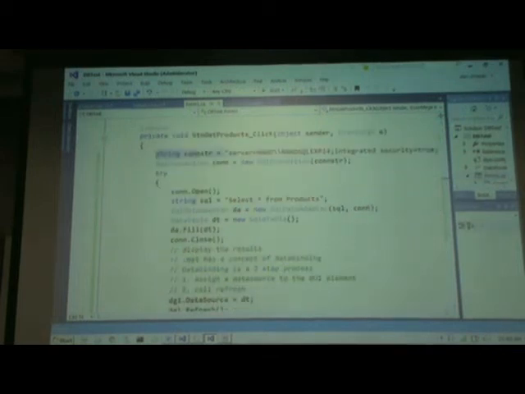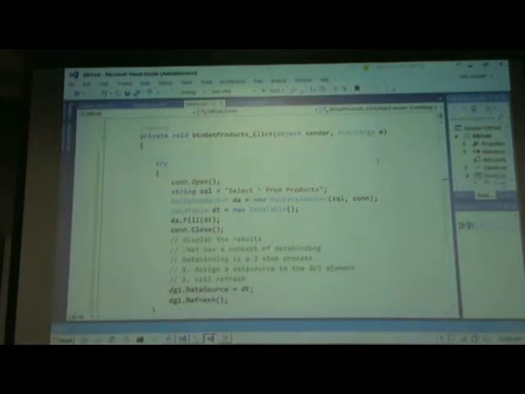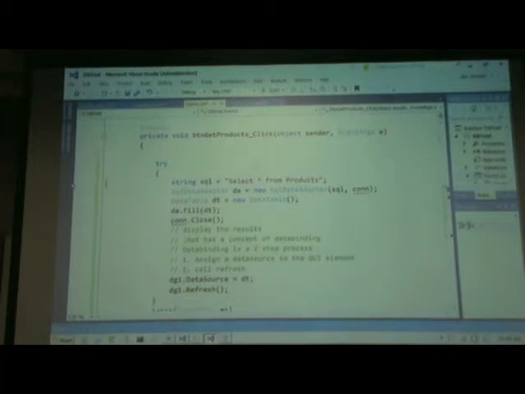Do we have to worry about creating the connection or anything? No. All of this disappears. So let me delete that. Do we have to worry about opening the connection? No. All we worry about is composing the SQL. That's it. And once we compose the SQL, we'll call our